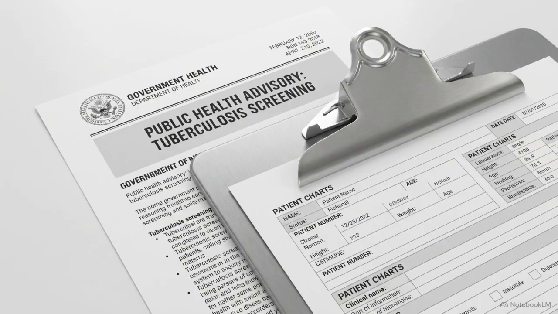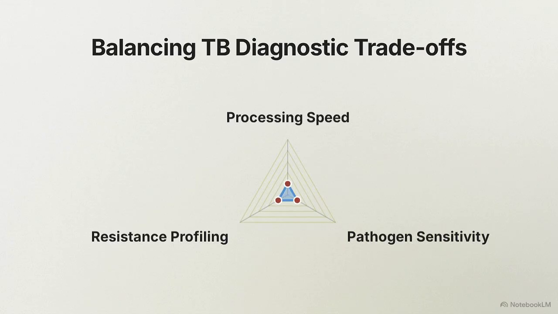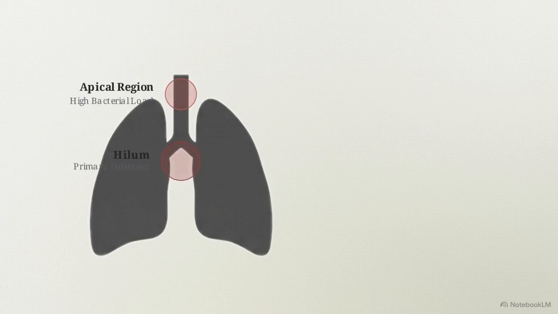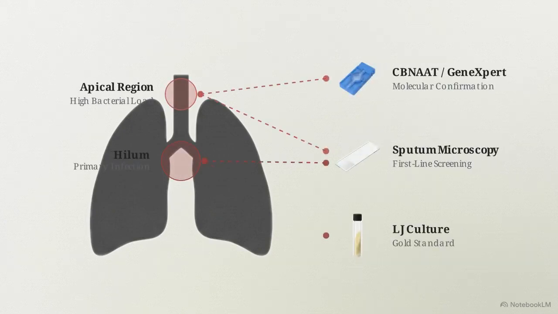To manage this progression under the National Tuberculosis Elimination Program, clinicians must map the exact physical stage of the disease to a specific matrix of diagnostic tools. These tests must carefully balance processing speed, pathogen sensitivity, and drug resistance profiling. Surviving an outbreak requires identifying the specific physical location and biological state of the bacillus and deploying the exact test